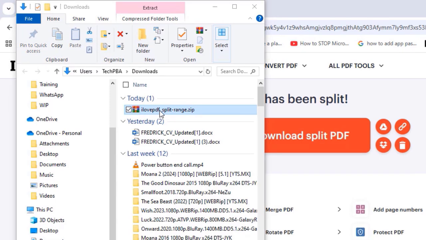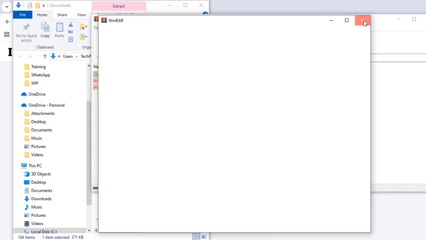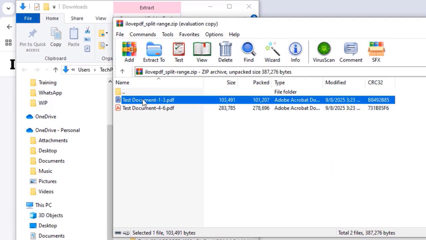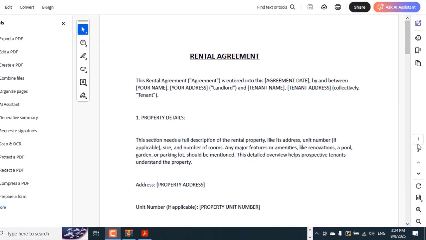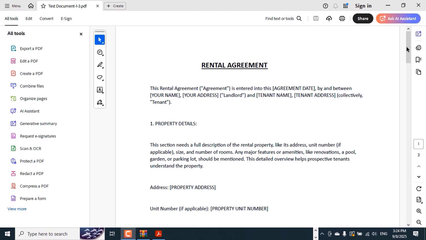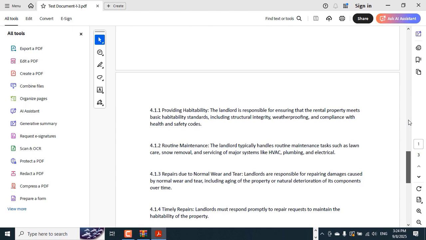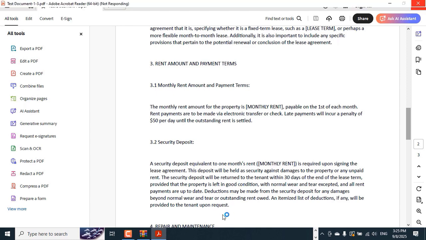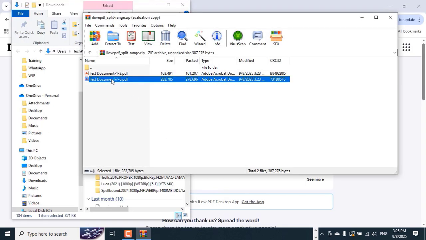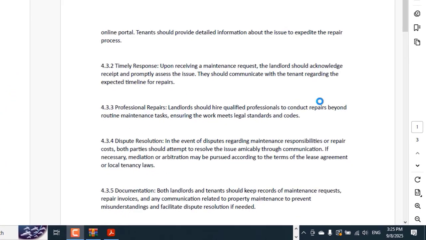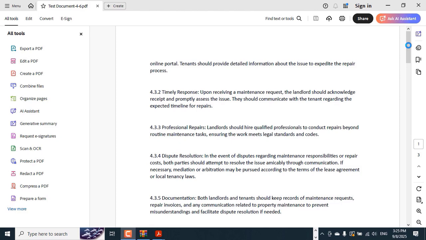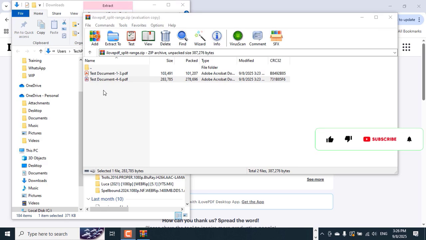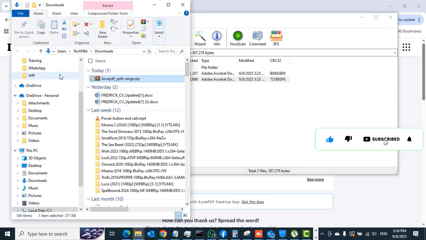So when you download that file, double click on it to open it, you will see the two separate files there. So you can see test documents pages 1 to 3 and then test document pages 4 to 6. So you can see I opened the first one, and then we are only looking at 2 or 3 pages here. So if you have a huge document, a document with multiple pages, you can use this split PDF tool to split the document into various files with less pages. So that is that with the split